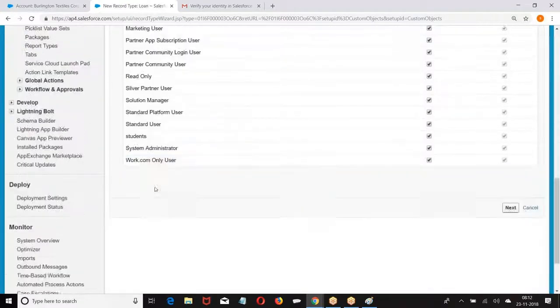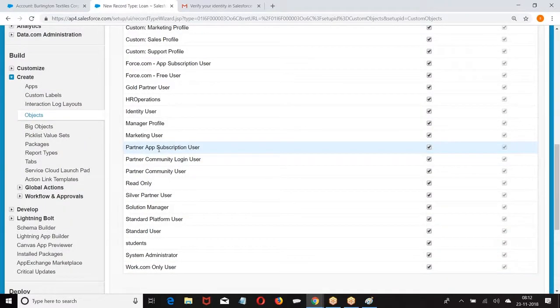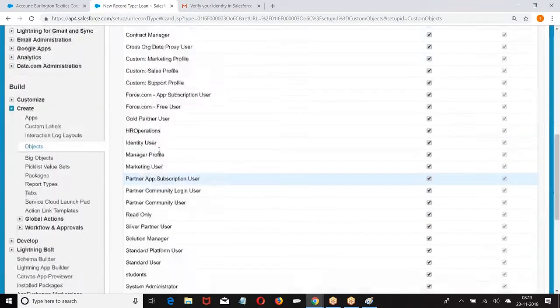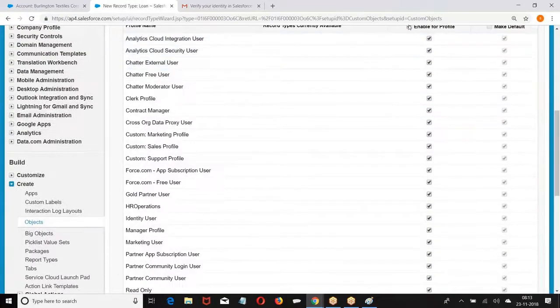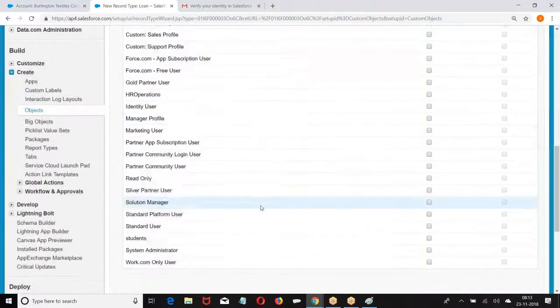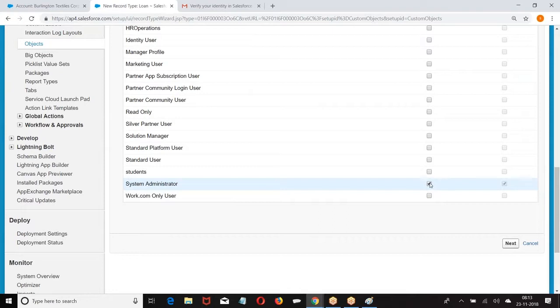All these are profiles. This is the reason why we stopped the layout search there and continued with the equation of user and region, because the page layouts and record types are assigned to profiles. We should know what profile it is. So these are the list of profiles for whom you want to show it. Don't show this to anyone except administrator and student. Only for these two profiles you show it.